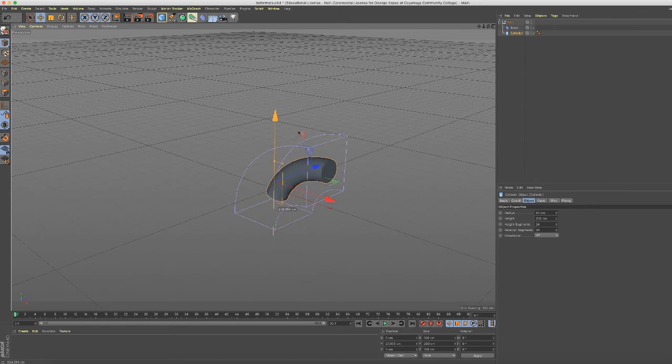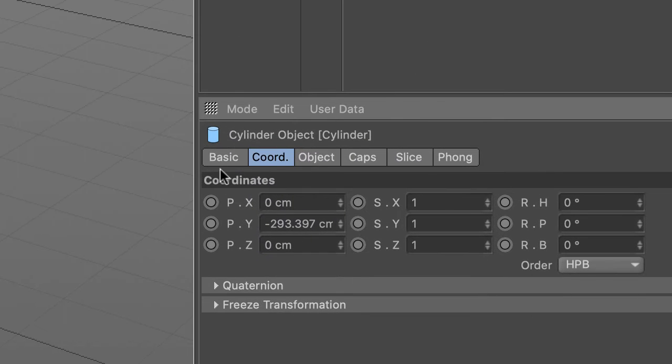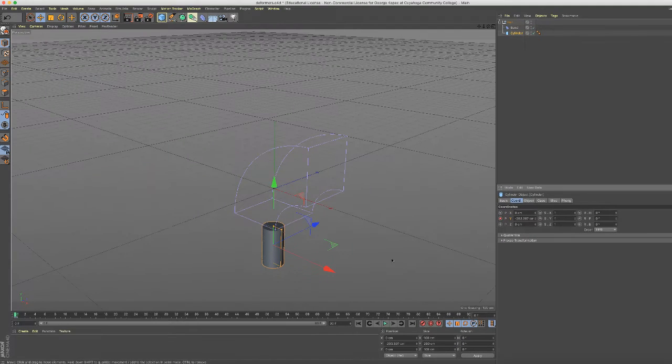coordinates of the cylinder. Okay, so I'm at 0. I'm going to go to my cylinder coordinates, and I want to animate the y parameter. So I'll select y, then advance the playhead to the end of the 3-second, 90 frames there, and I'll